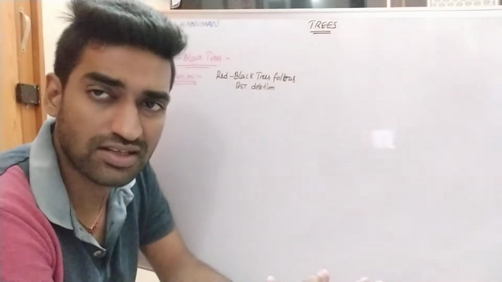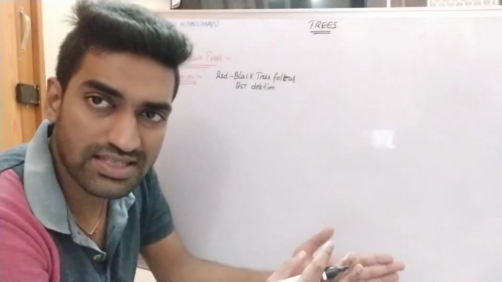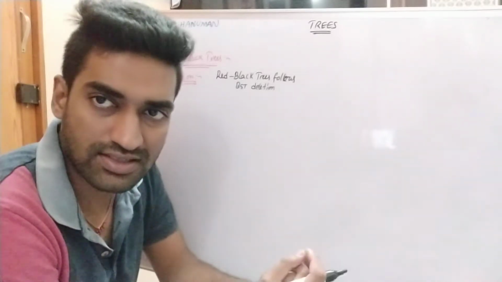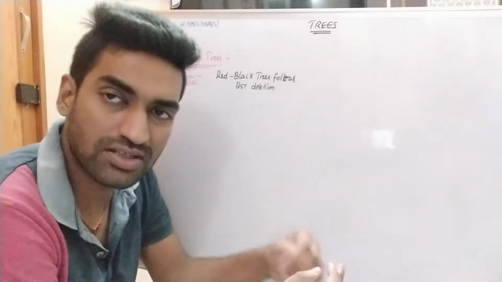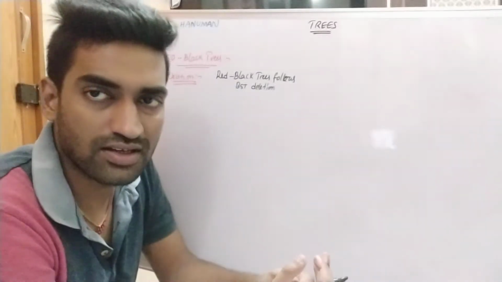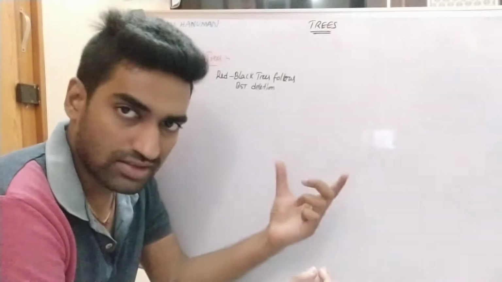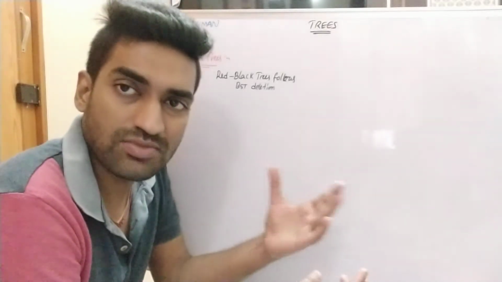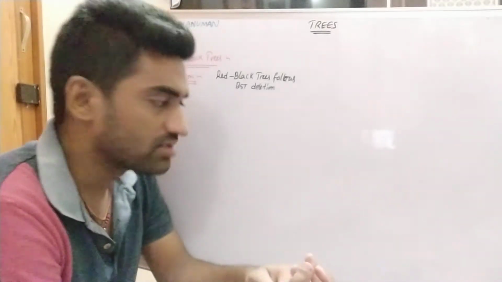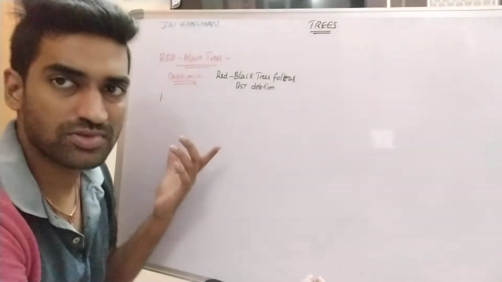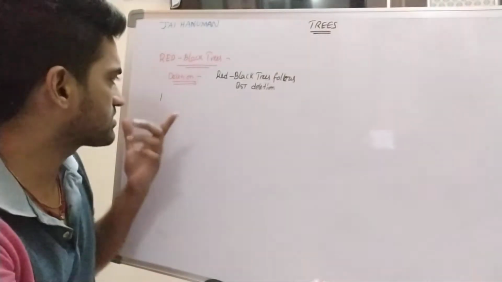In addition to that, we also have to satisfy the color properties of red-black trees. After deleting each element, we check the color properties, and the newly generated tree must also satisfy all the properties of red-black trees. There are several possible cases for the deletion operation, and we are discussing them one by one.